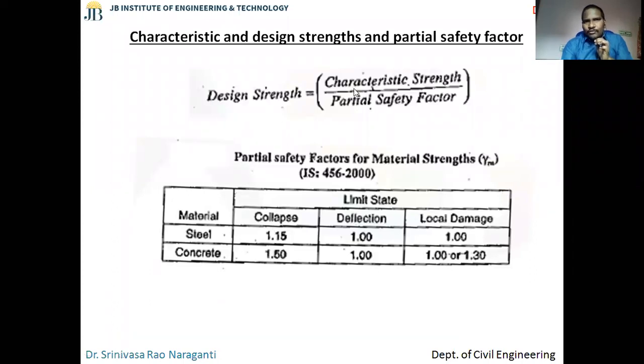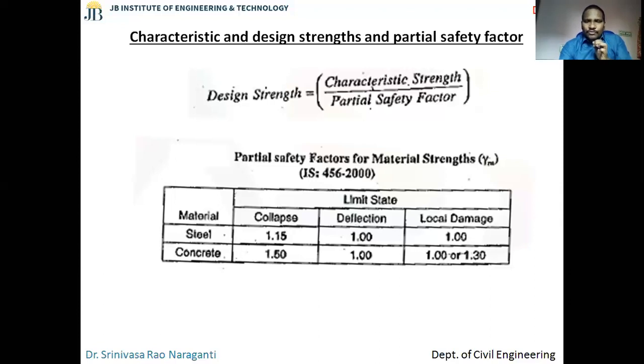So if you want design strength, you take characteristic strength divided by partial safety factor. That will give you the design strength. But one good thing is, whatever formulas we have in IS 456-2000, partial safety factors are already incorporated. That means they already used the partial safety factor for the steel and concrete, so you don't have to apply it again. But you need to understand the basics. What is the partial safety factor? How do we get the design strength? Why are the partial safety factors different for steel and concrete? Both are different because the way we manufacture them is different, and the quality issues.